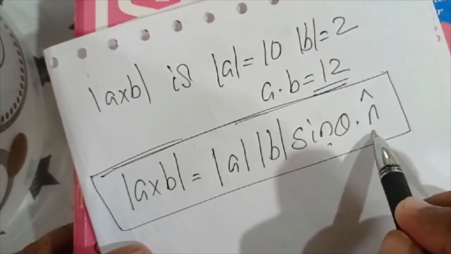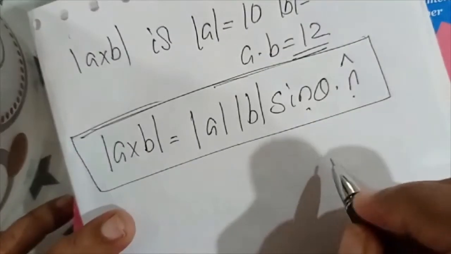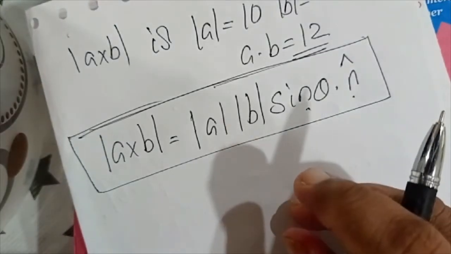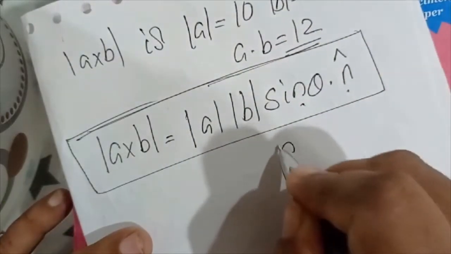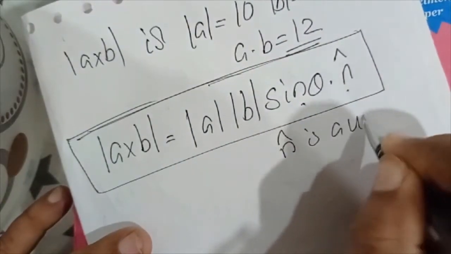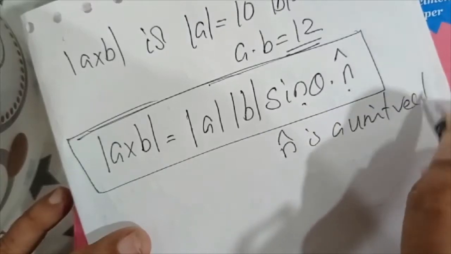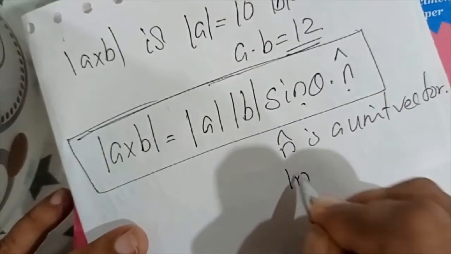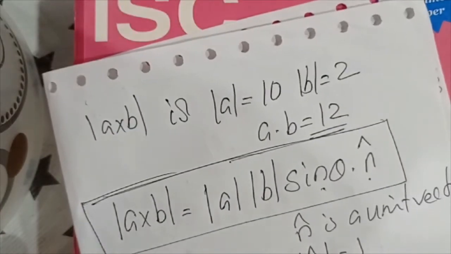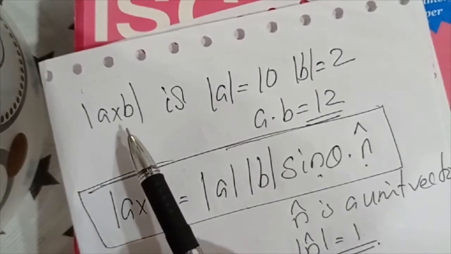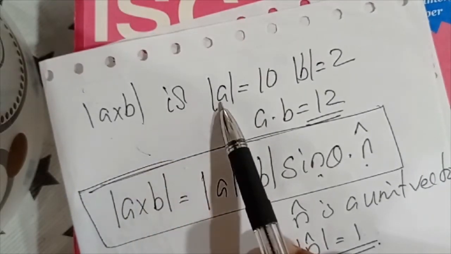I will explain what this vector n means. That is a unit vector. What is the meaning? Unit vector: modulus equal to 1. n is a unit vector. That means modulus of n is equal to 1. Okay. When you go through this problem, our question is to find mod A cross B, with mod A given, mod B given,